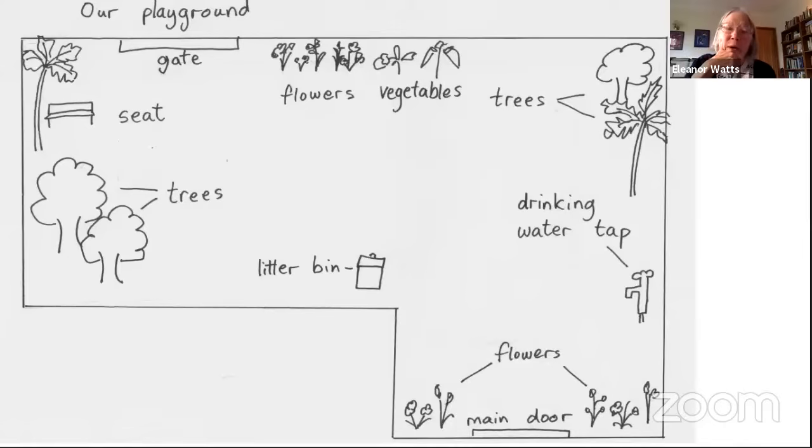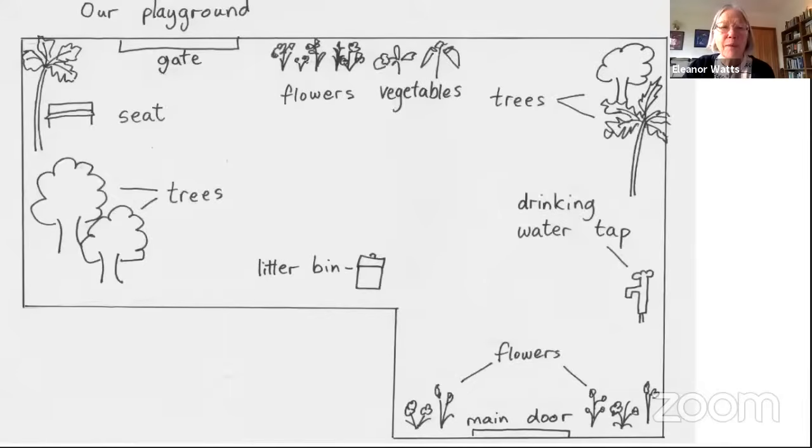Good. So other ideas that children have had in the past, adding a litter bin so there's no litter, a drinking water tap so that we don't bring plastic bottles into school, try to deter the use of plastic, and I think the other ideas you've all had. But this could be a long activity, and even if the children aren't at school, they can still visualize school, or visualize even how they might change their own balconies at home, how they might put flowers into their balconies, or bird feeders, or little pots of water for the birds. Great idea, thank you.